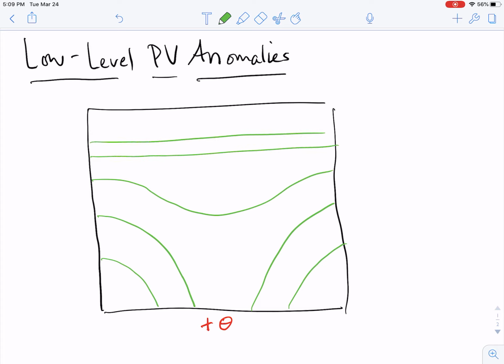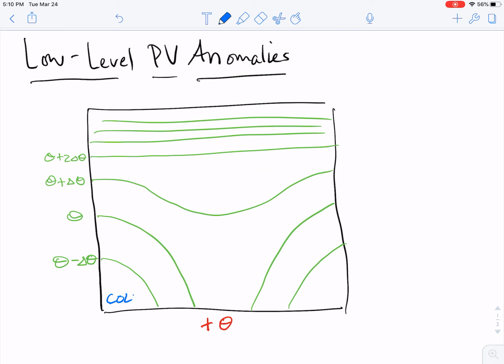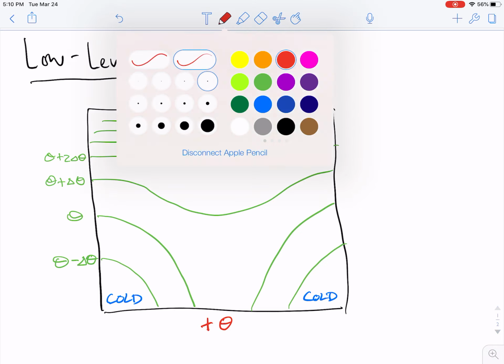And so we can draw that, and then aloft here, well above the surface, we're going to consider that we don't have any change in isentropes. And so again, we can label these here simply theta. If we're closer to the surface, it'll be colder, theta minus delta theta. If we're more aloft, theta plus delta theta, theta plus 2 delta theta, and so on. And so what we've identified here are cold regions and warm regions. Our cold regions are in our domes, and our warm region